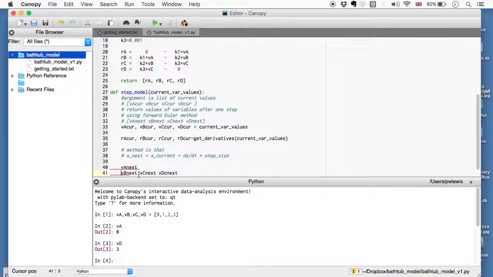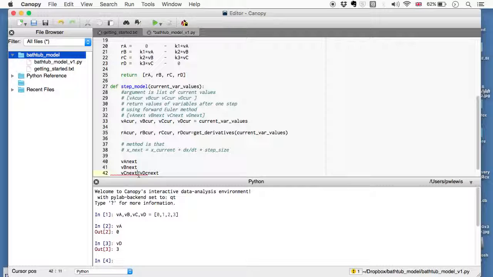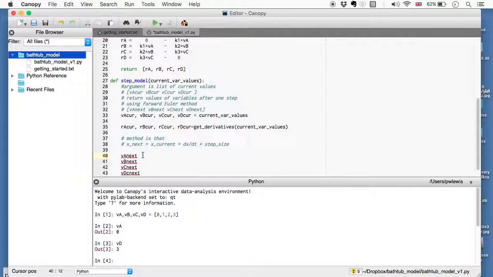So this is what I'm going to be calculating, the volume of all the next steps, and that's just equal to the current value plus the rate of change of each variable times the step size. So if I go down, I can copy and paste, change these,